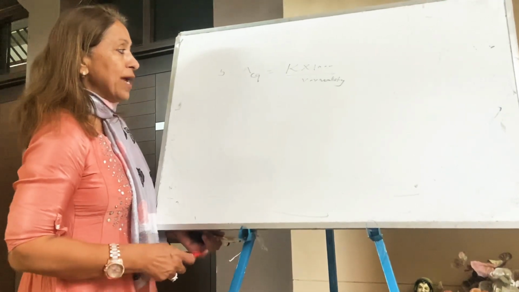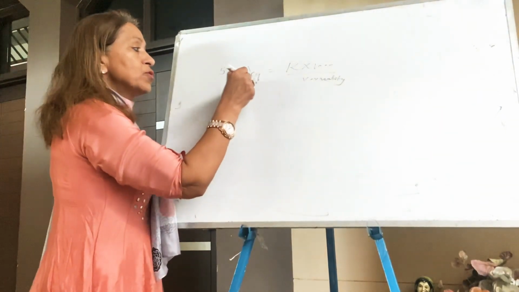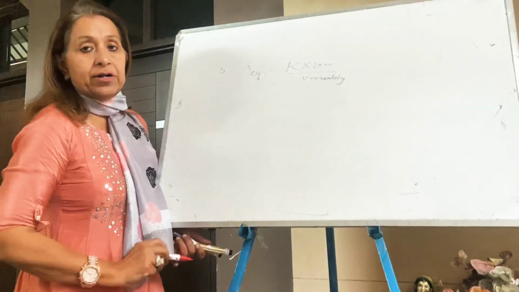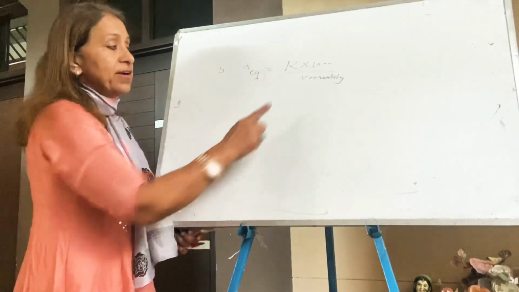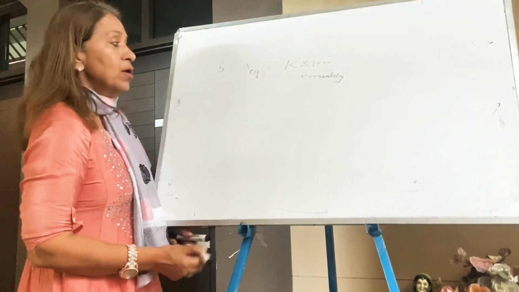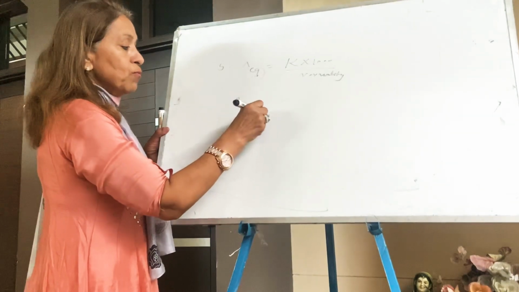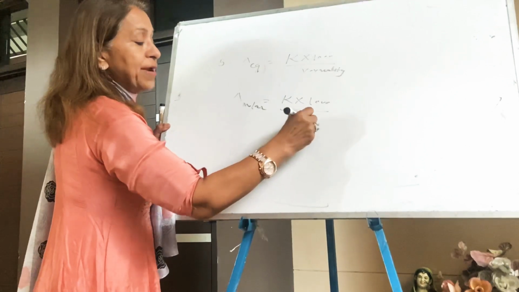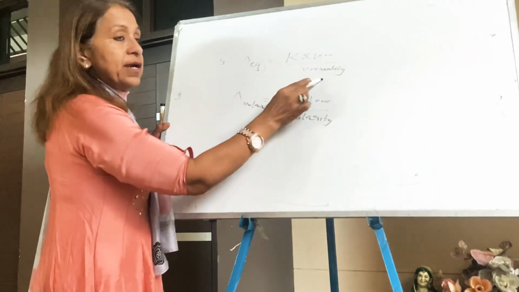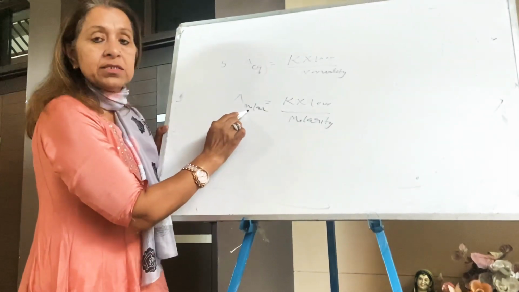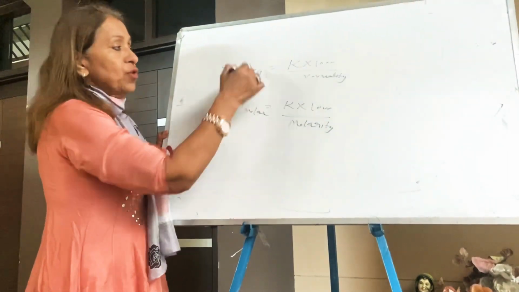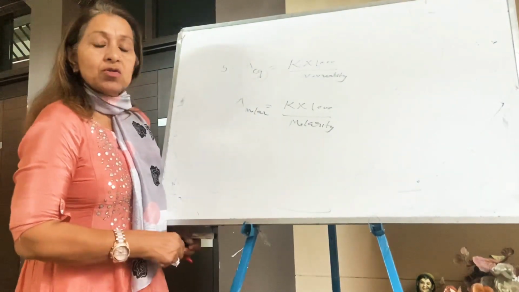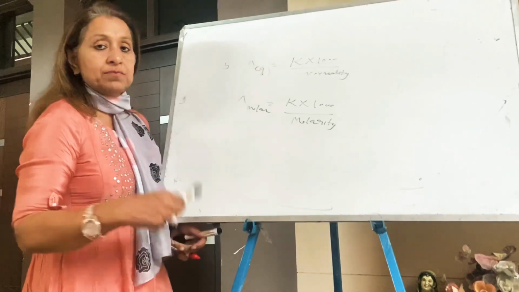Sometimes the question asks you to calculate molar conductance. So this is your equivalent conductance. If they say calculate molar conductance, then you write in terms of molarity. Write down molar conductance is equal to K into 1000 by molarity. Equivalent conductance is related with normality, molar conductance is related with molarity. You can calculate the relation even between these two in numericals, I will tell you. So this is all about the general terms used in this.